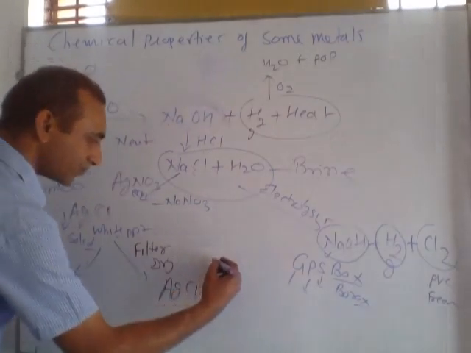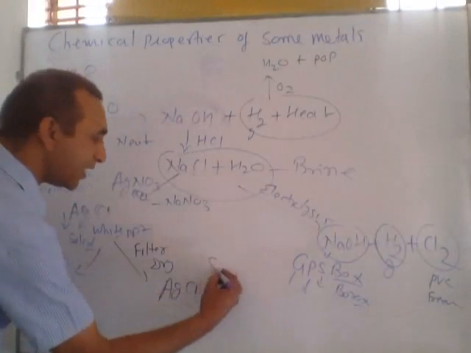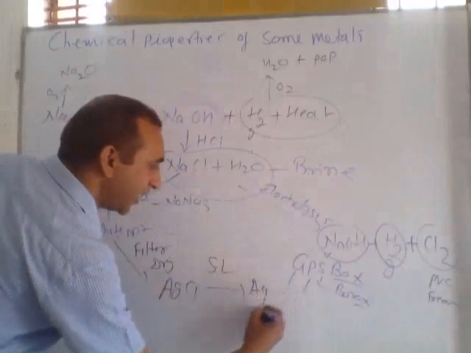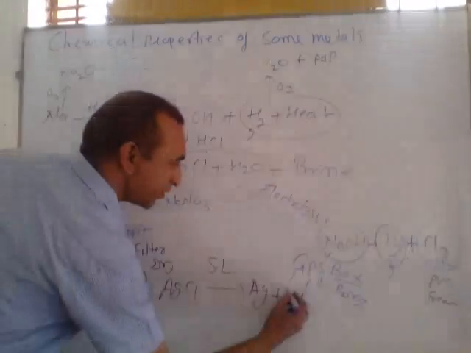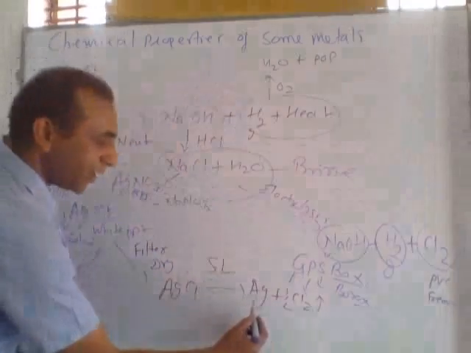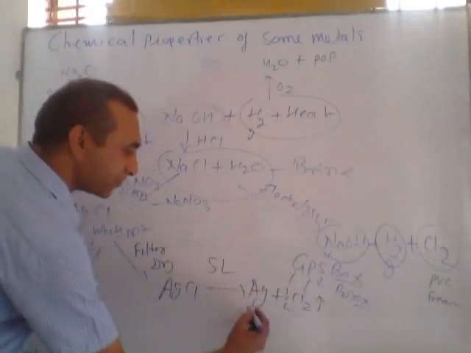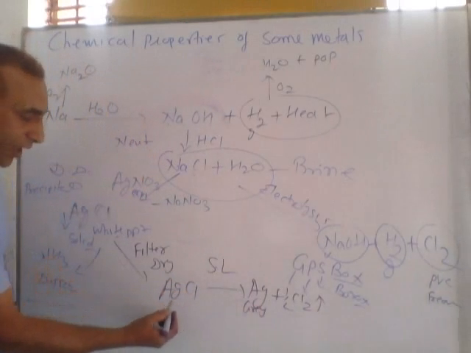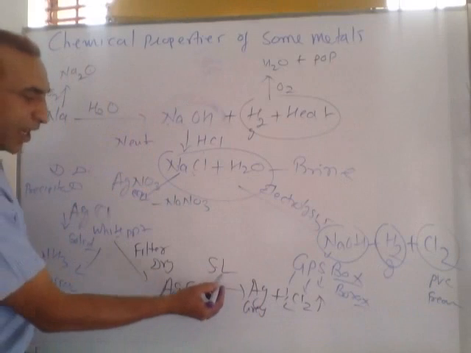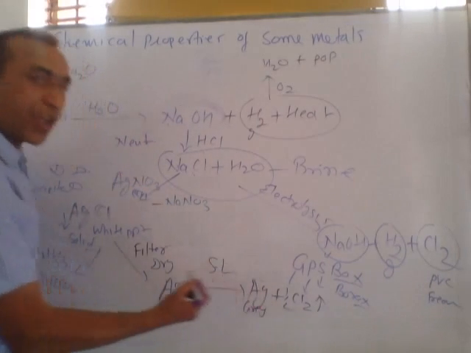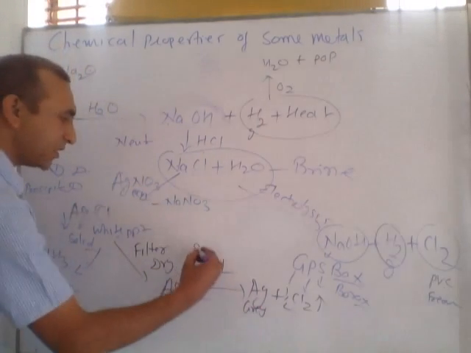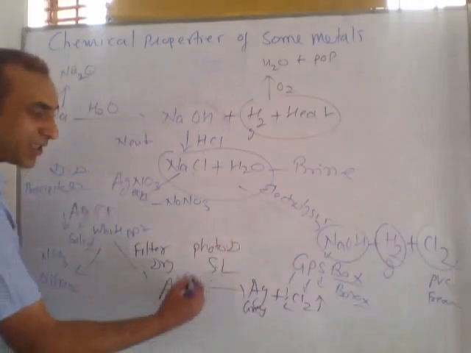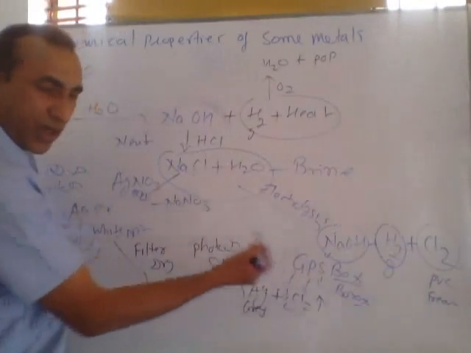If we put this AgCl in sunlight, AgCl easily decomposes in the presence of sunlight. It forms Ag along with chlorine. The chlorine gas is removed and Ag is formed. The color of Ag is grey. So in this reaction, AgCl is decomposing with the help of sunlight. This is called a photo decomposition reaction. Photo means light, and decomposition means the compound AgCl is breaking down into two other parts.